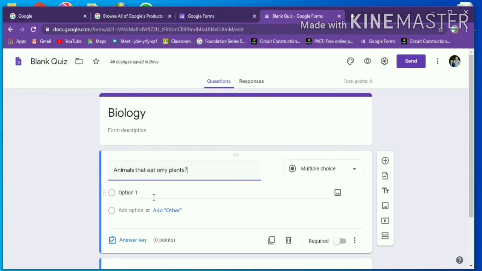Now we should type the option. Now next click again add other option.